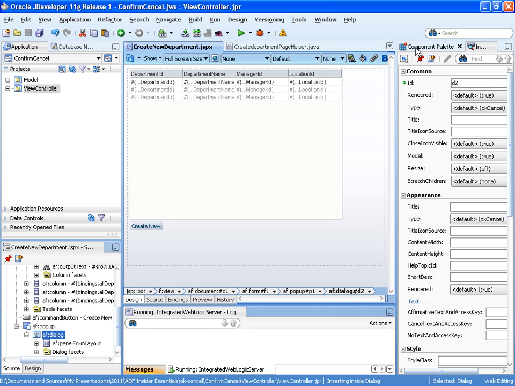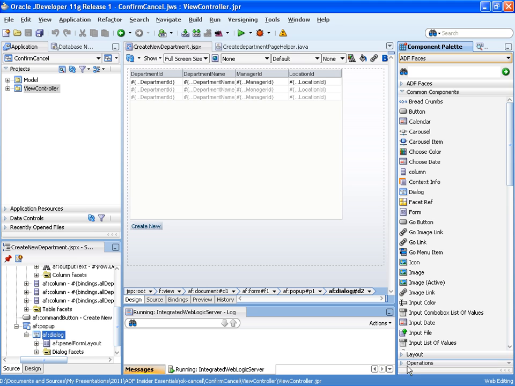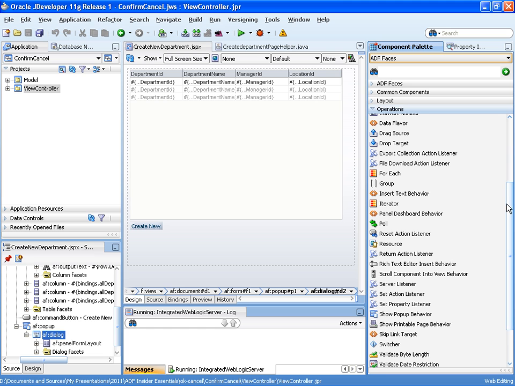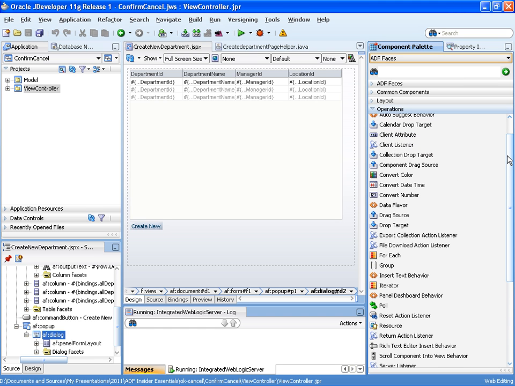So we go to our component palette, and to listen for client-side events there's a client listener tag, and this client listener tag allows us to specify JavaScript that gets called in response to a specific event that happens on an ADF Faces component. In the dialog case, it's again a dialog event. It's just of type ADF event, so it's not a rich component event, it's a client-side JavaScript event that we use for that. And so let's have a look how we can create this, and this we create by just